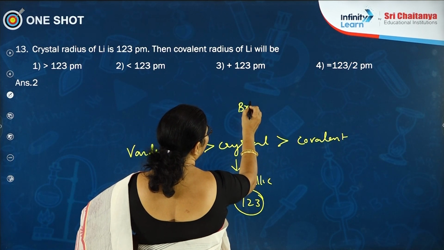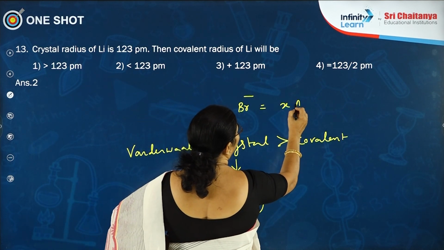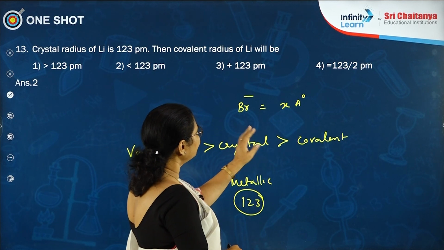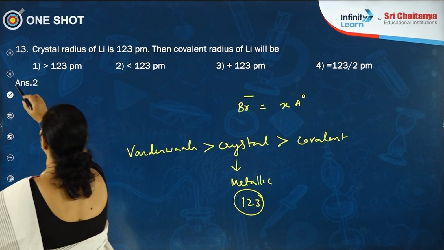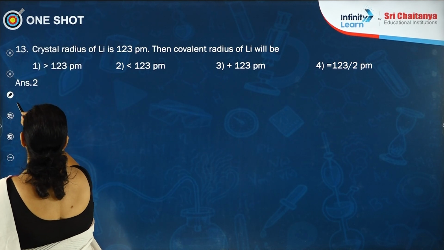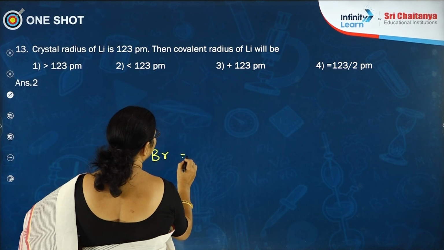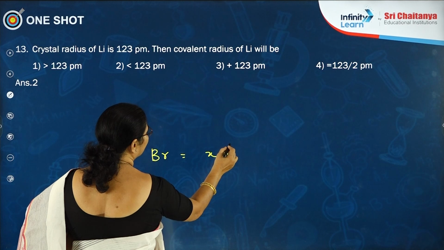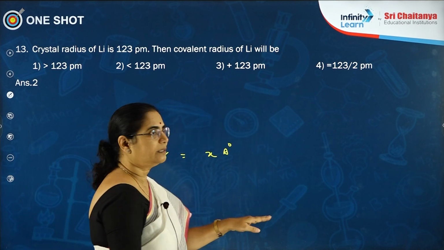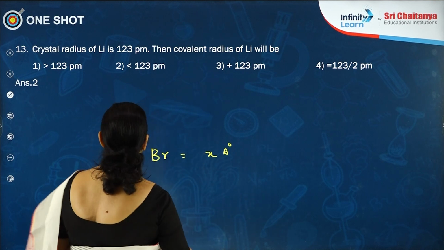For example, Br- radius is x angstroms, and the covalent radius is of bromine, not Br-, so we will just take bromine. Look at this, covalent radius for bromine he has given as some x angstroms. What is its atomic radius? You know covalent radius is the other name for atomic radius in non-metal atoms, this is a non-metal, so x angstroms only. Next,